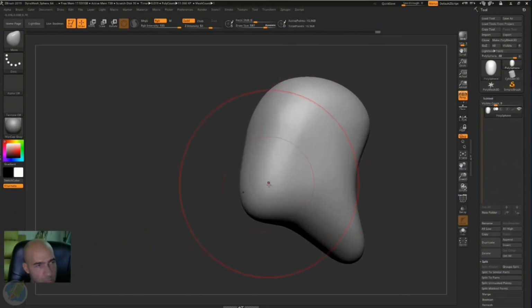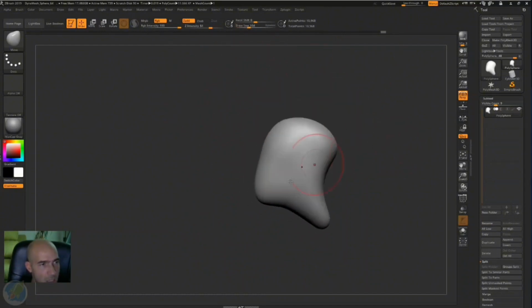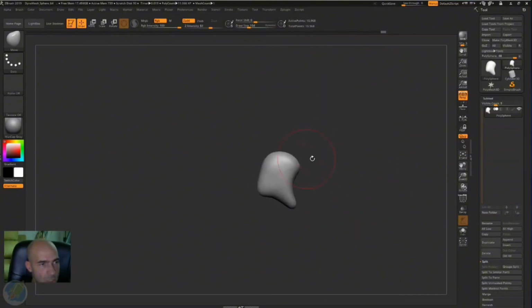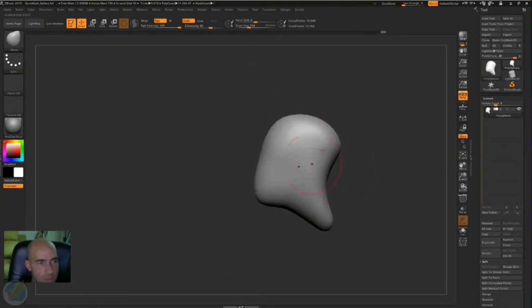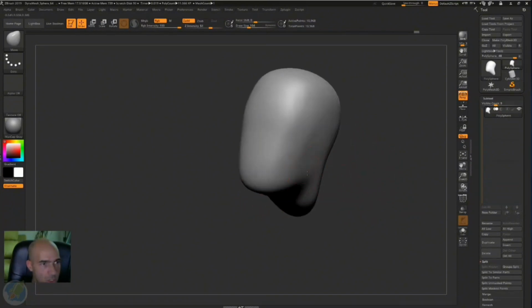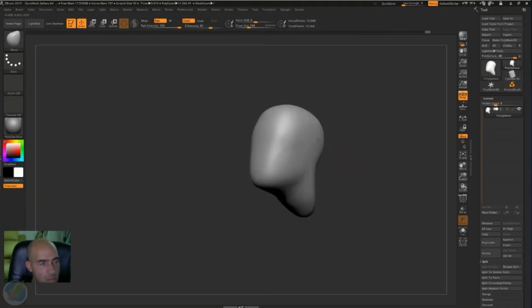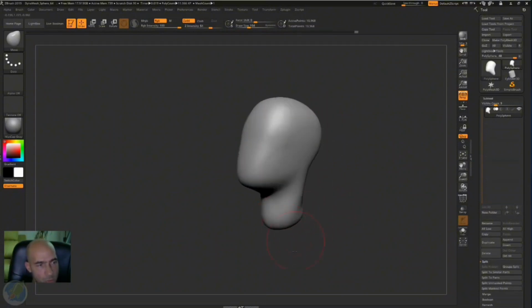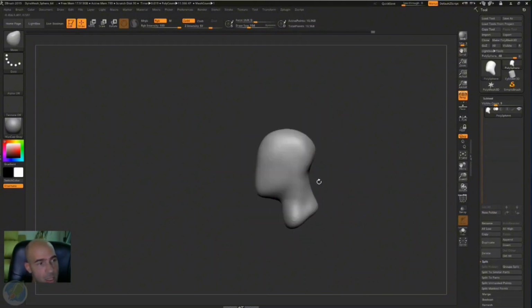And this will be very important. To disable this dynamic mode, we just double click on it. You notice my brush is staying the same now relative to the screen. And if you enable dynamic, it will stay the same relative to the object. So when I zoom out, it will be smaller, but I don't need that. I always use the brushes without dynamic mode, most of them. So I'm just moving for now. In the beginning, you can make something like a head only with the move brush, like you see, only the move brush. If you know where to move things, you will make a decent